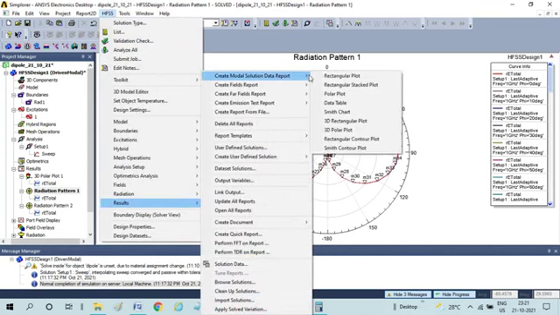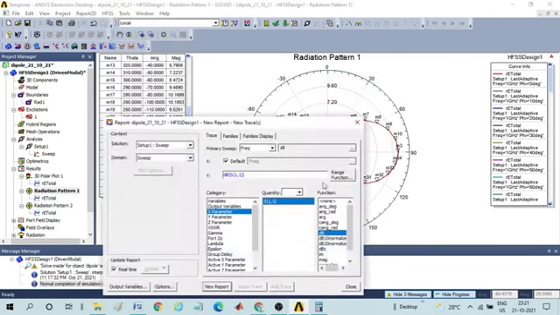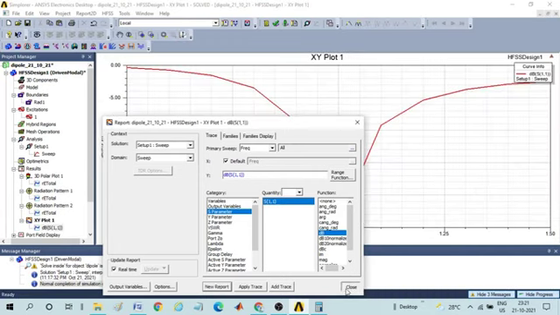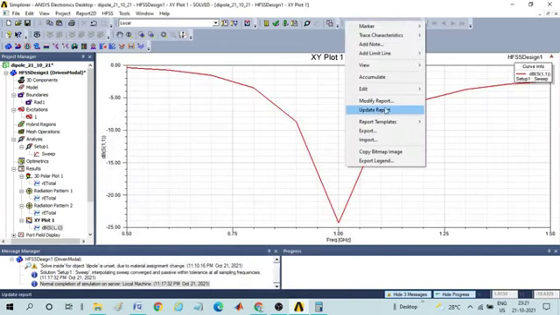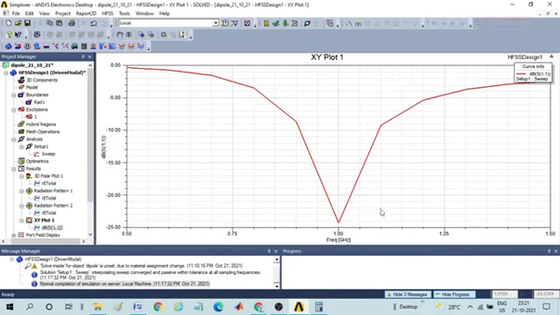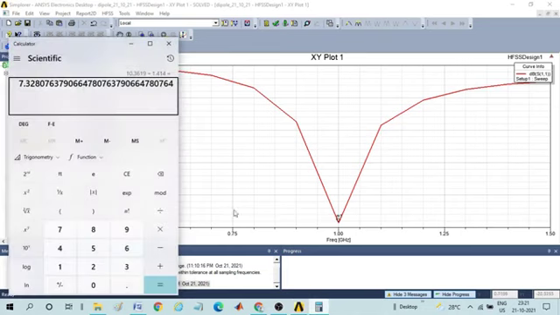Go to HFSS, results, create model solution data report, rectangular plot. So S parameter for return loss, close it, go to marker, add marker, click it. So it is minus 24.28.